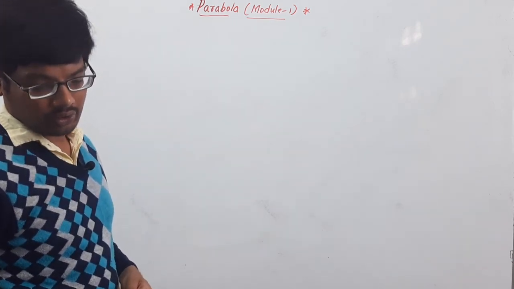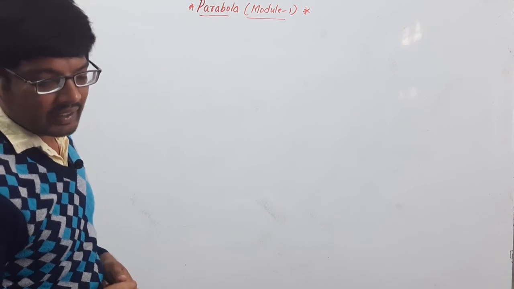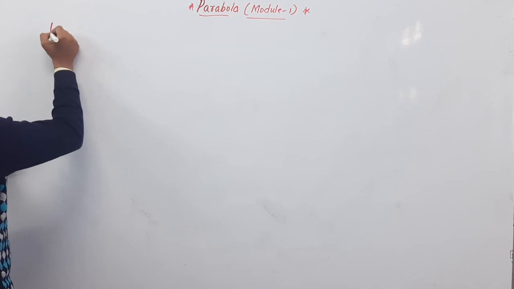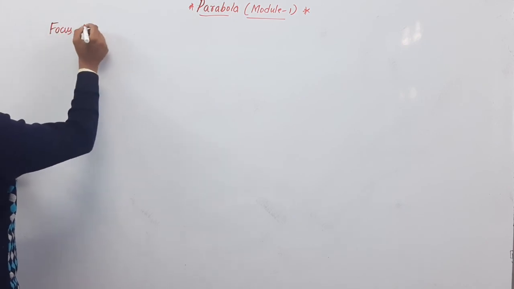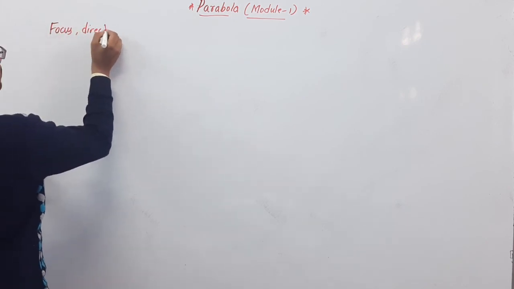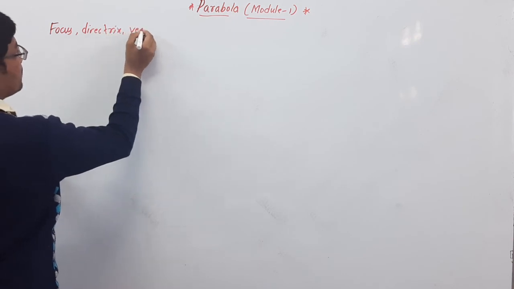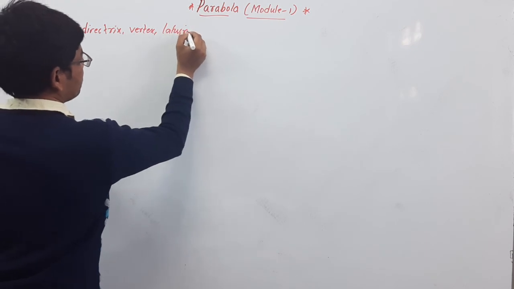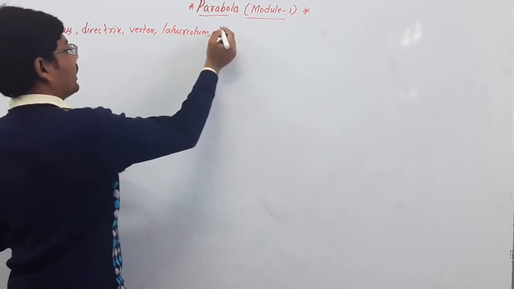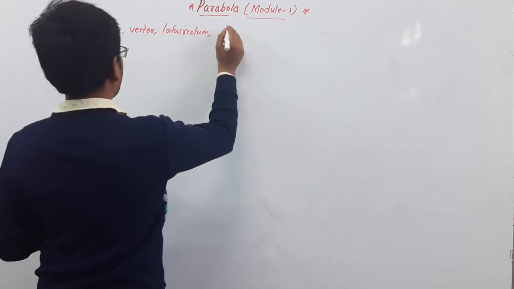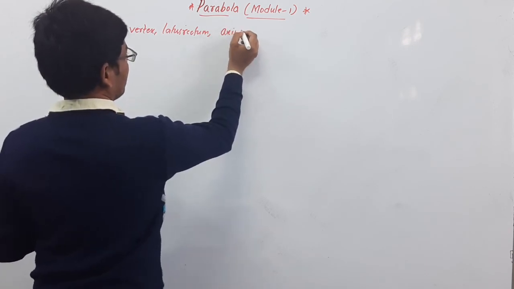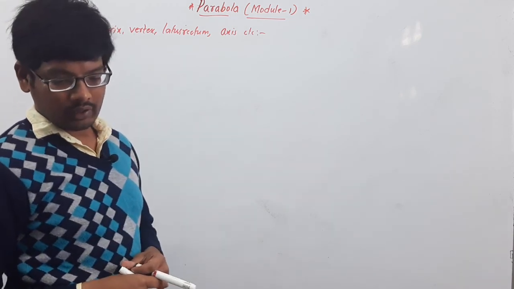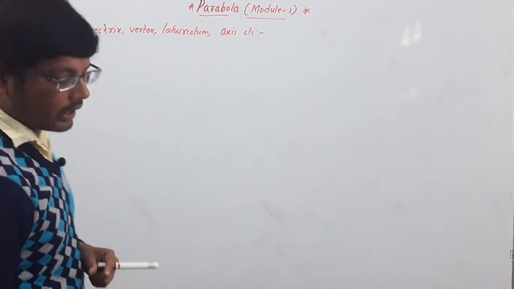And the next question: focus, vertex, directrix, latus rectum, and we have some more points here, axis, etc. This is the topic name, and in this topic the question is: the focus and directrix of a parabola are,